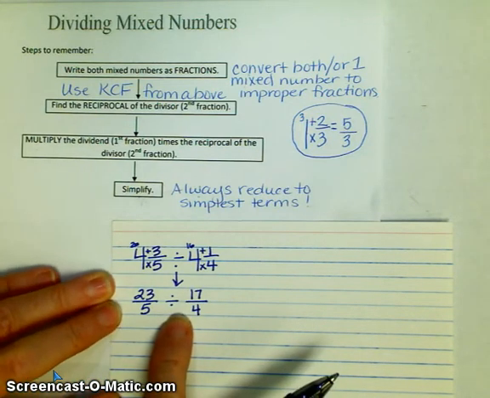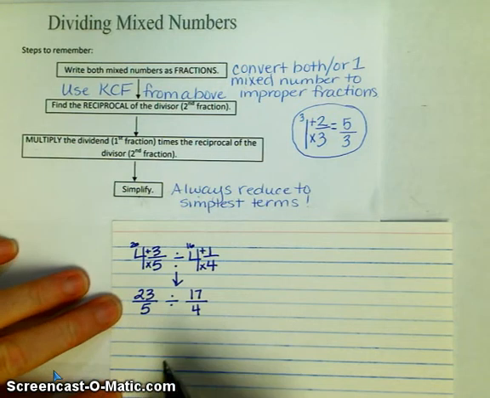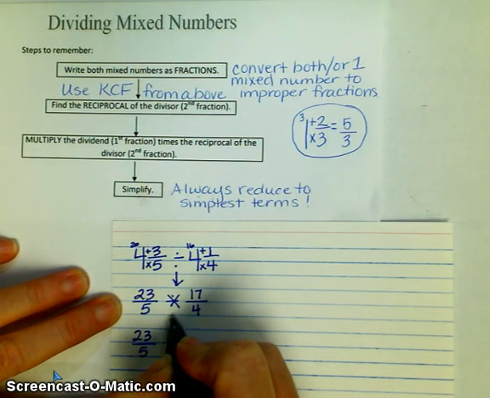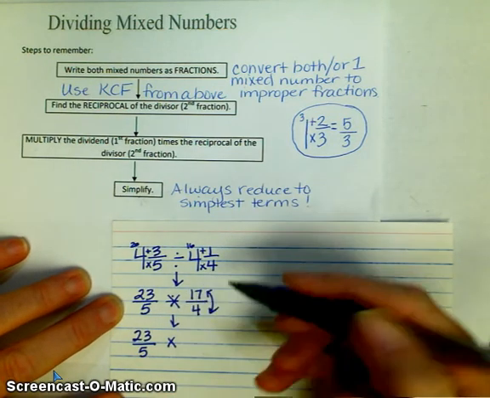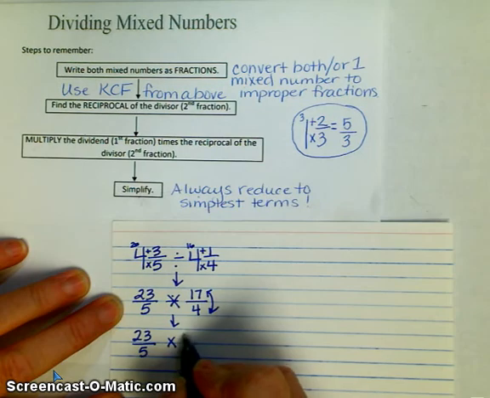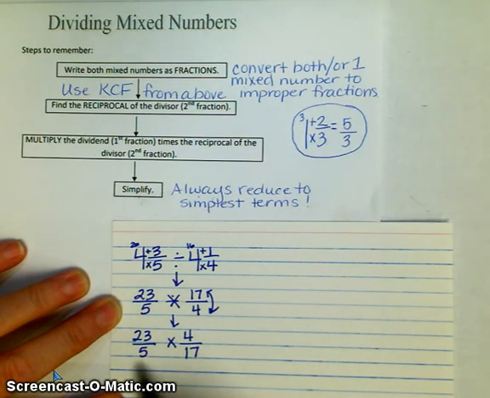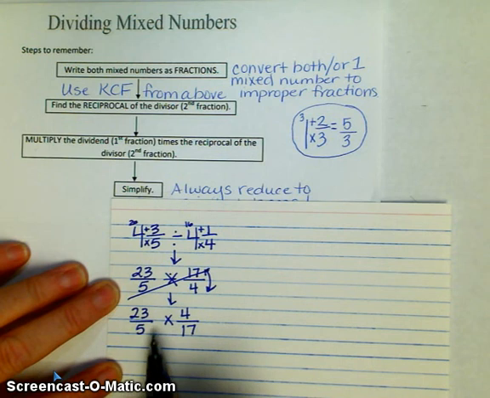Now here is our new division problem. Now we're going to use keep, change, flip to solve it as a multiplication problem. So here we go. 23 over 5, we're keeping it the same. We're changing the division sign to be multiplication. And we're flipping the second fraction to its reciprocal, which means that it will become 4 over 17. Now, this is a brand new problem. It's like the division problem did not exist. What we're going to do now is look at this. It does not appear that any of these numbers